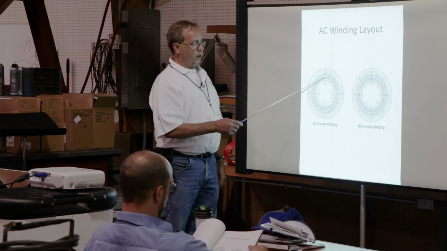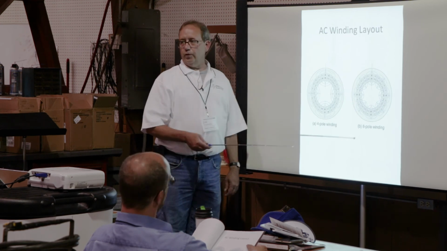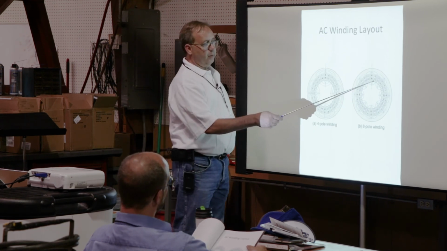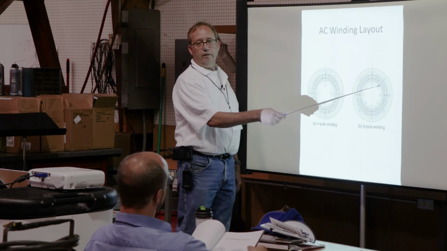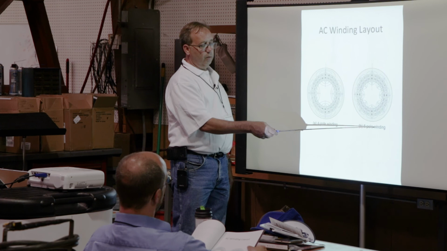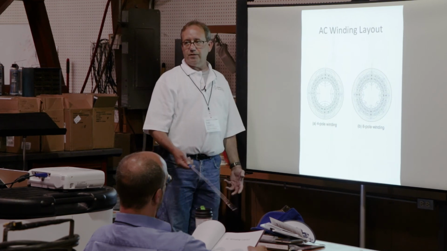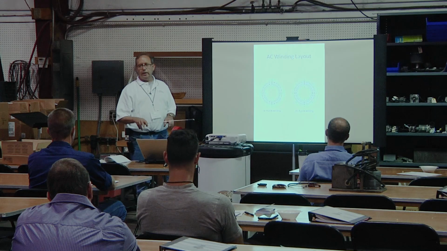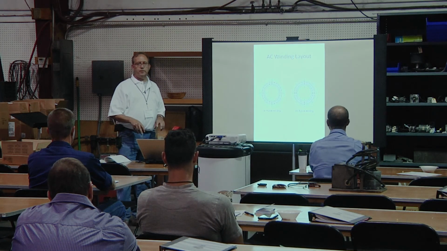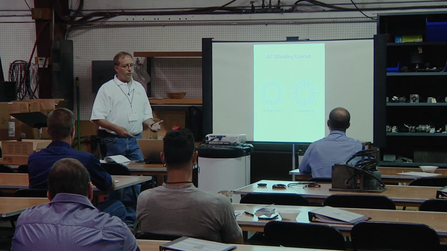In a 4-pole motor, it has to move from here to here, 1/4 of the way around. In an 8-pole motor, it's only going to go that far. So that's why an 8-pole motor will go half as fast as a 4-pole motor, because in the same period of time, it's going to go half the distance. 6-pole, 1/3,